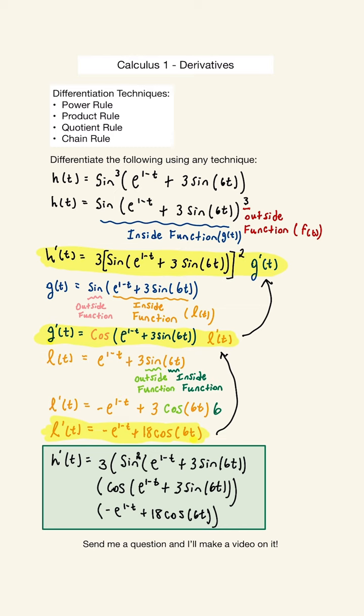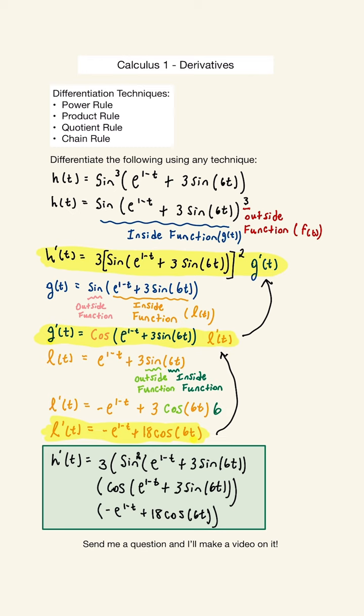And then we can apply our chain rule again, where we have 3 cosine, which is the derivative of our outside function, 6t, which means we've left the inside function alone, and then multiply it by 6, which is the derivative of this inside function. And so after that, we can go ahead and simplify this to this expression here,